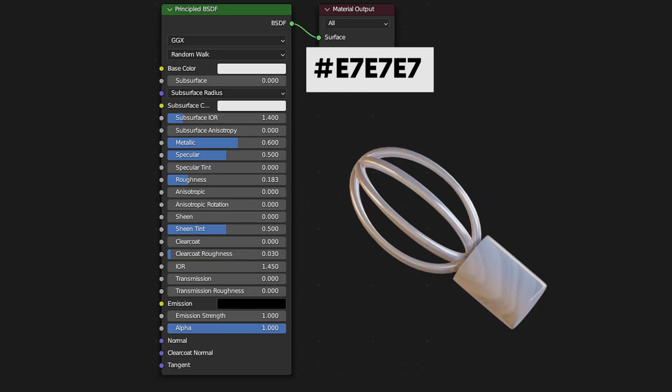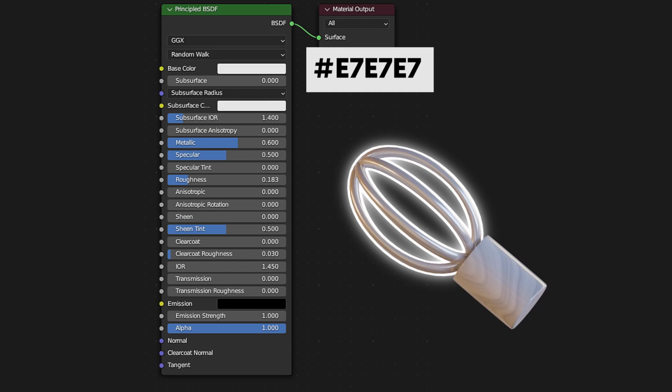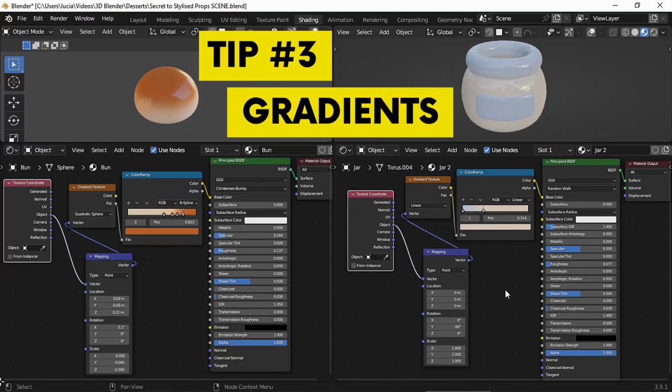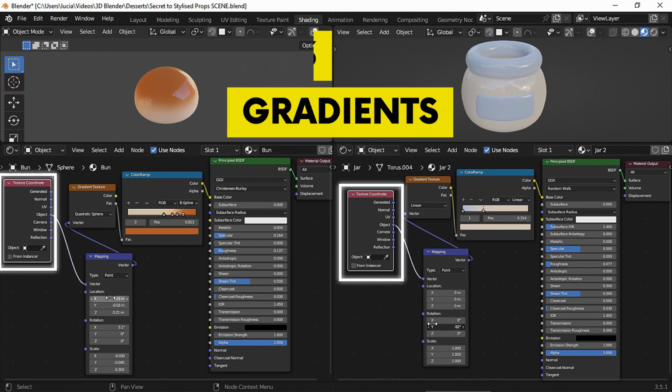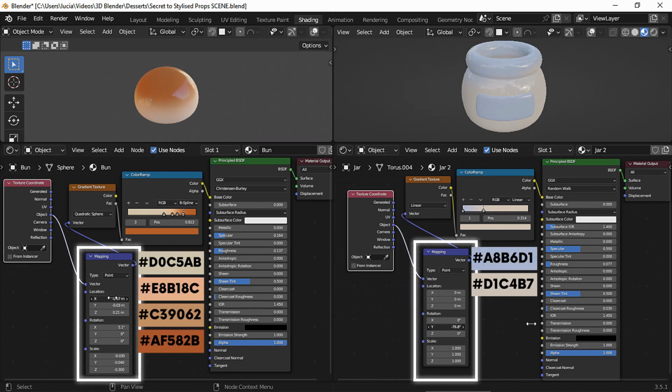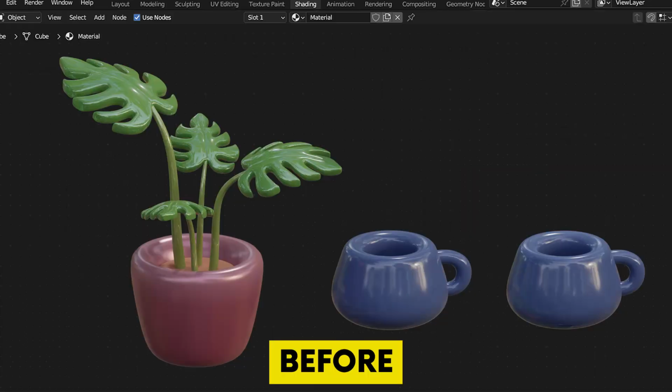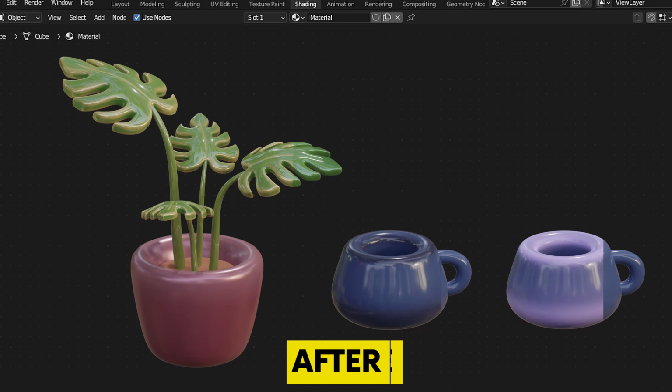You can play with the metallic inputs as well, which is what I did for the wires material. You could also add a gradient texture node to the Principled BSDF and the good old texture coordinate and mapping node to control the position of the gradient. I'll talk about a different kind of gradient later in the video that looks really good and adds a gradient along the edges, so stay tuned.